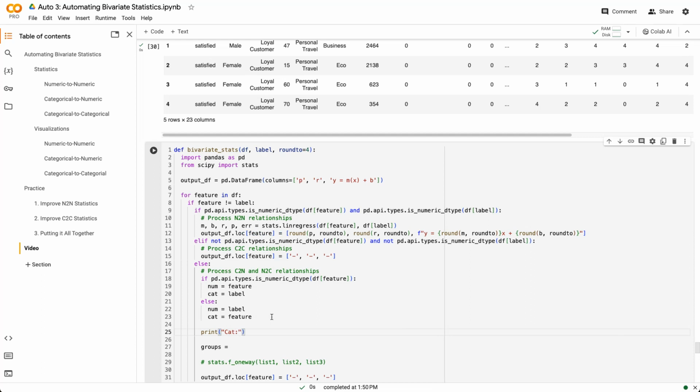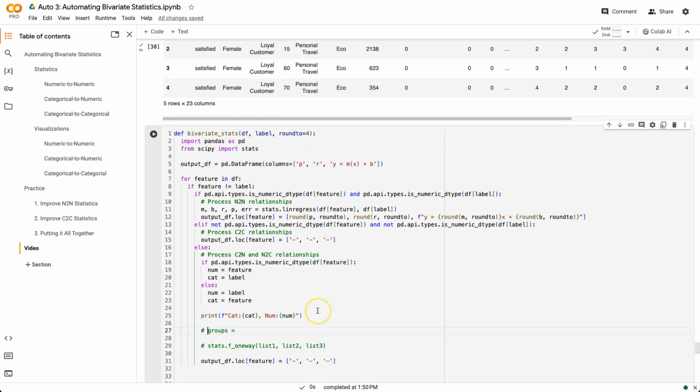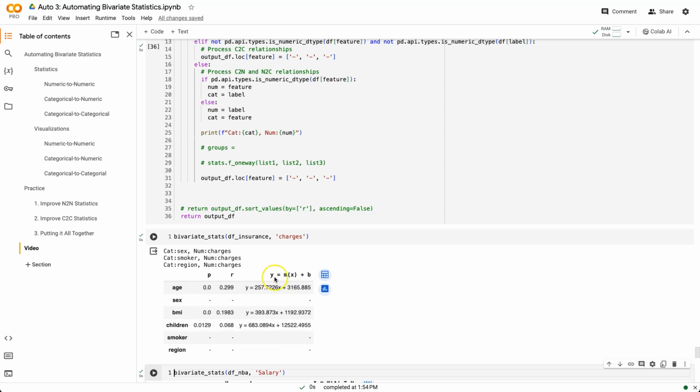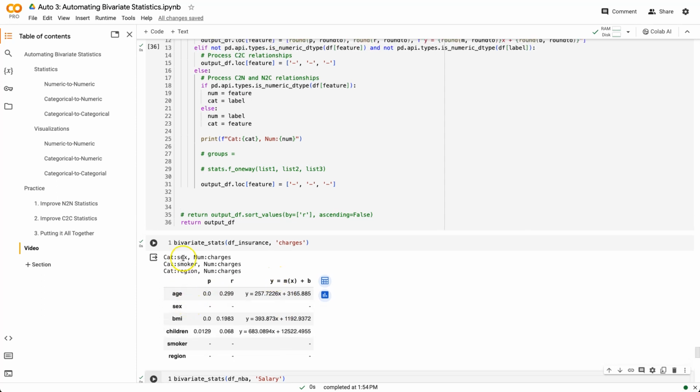Cat is going to be cat, and num is going to be num, and I'm going to comment this out right here just so you can see how this is going to work. All right, so as it went through each of these, see how num is charges, cat is categorical